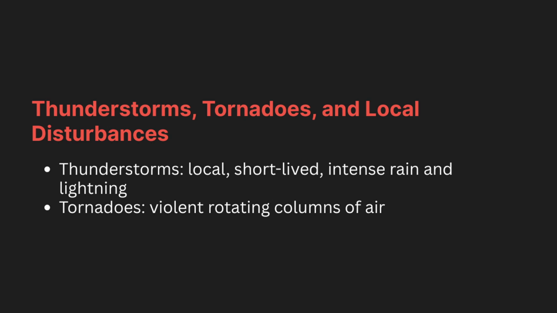What's the next type? Orographic or relief rain. This happens when a moist air mass encounters a physical barrier like a mountain range. The air mass is forced to ascend the mountain slopes. It has nowhere else to go. Exactly. As it rises, it expands and cools due to the decrease in pressure at higher altitudes, leading to condensation and precipitation on the mountain's windward side, the side facing the wind. And that mountain creates a rain shadow effect on the other side, the leeward side.